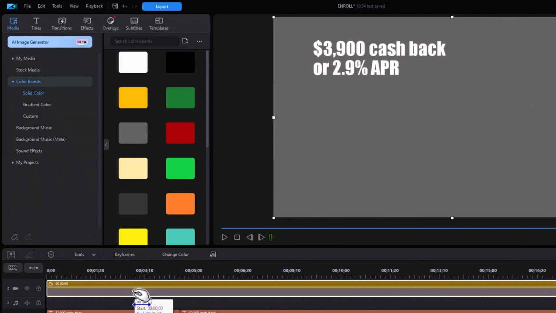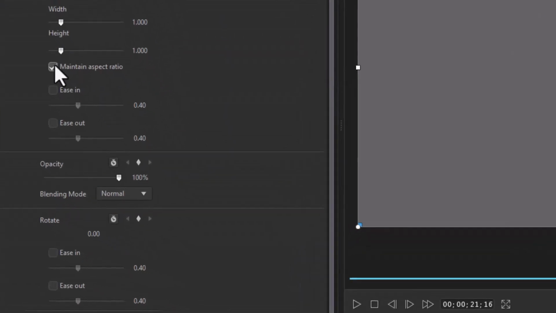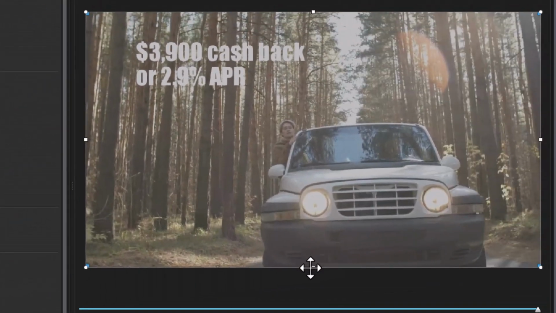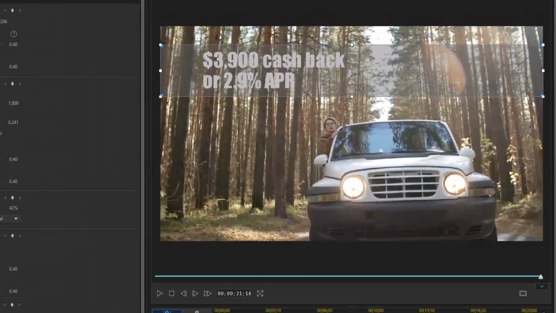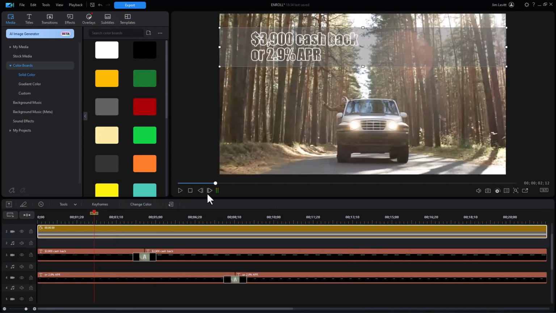And now we're going to change a little bit about the color board. I double click on it. We're going to turn off maintain aspect ratio in object settings. And we're going to change the opacity down, maybe something like 40-some%. And we'll raise this down here. Change this here. Get it spaced just about where we want. Click on OK. And now we have a bar across that gives us a little more highlight for our particular